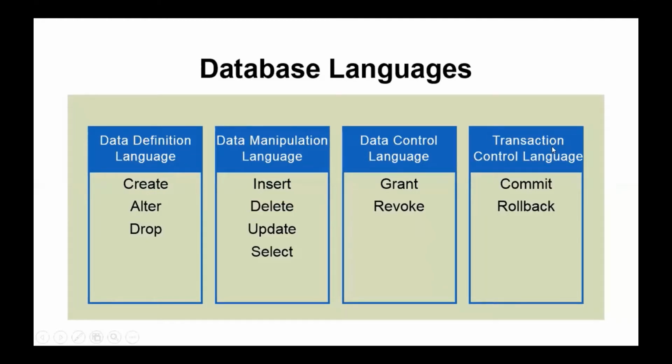This comes in picture with your transactions. Okay. Whenever a transaction is done, if that transaction is successful, then you execute a commit command. If there is a failure in the transaction, and if you want to restore the old values of your database, then you execute the rollback. So these are the two commands which are present in your TCL, that is commit and rollback. Okay. In detail, the syntax, your complete SQL chapter is based on these four types of languages. Okay.